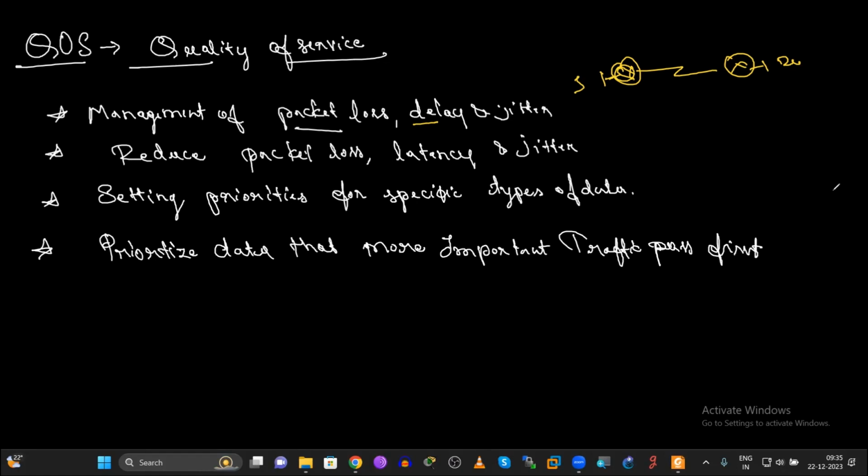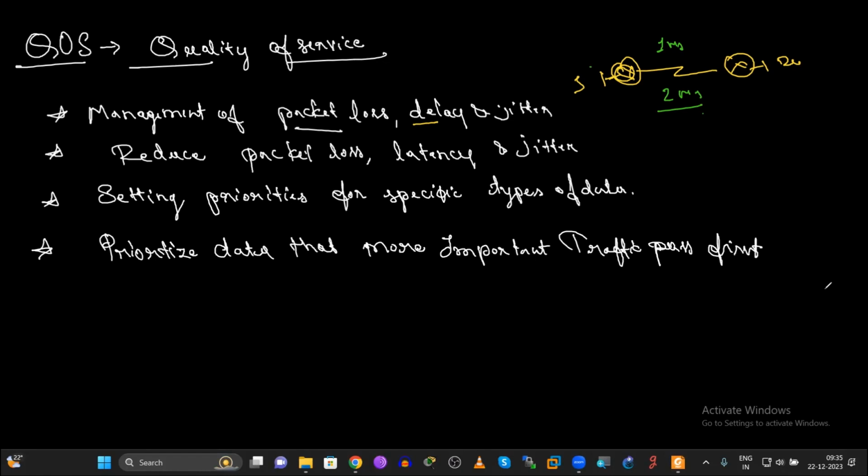And also we have a jitter. Jitter means what? The delay might vary sometimes. For example, a packet to reach its destination from source takes 1 millisecond, sometimes it will be 2 milliseconds, depending upon the traffic. This time taken by the packet will vary. That variation in the time will be called a jitter. Clear? So we have to manage the packet loss, the delay, and the jitter. All these things must be kept as minimum as possible. There should not be any packet loss, latency, and jitter.